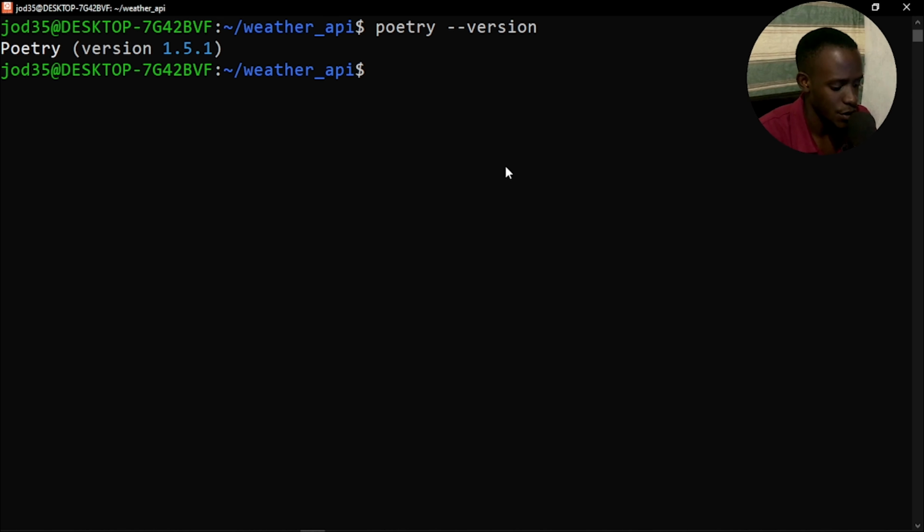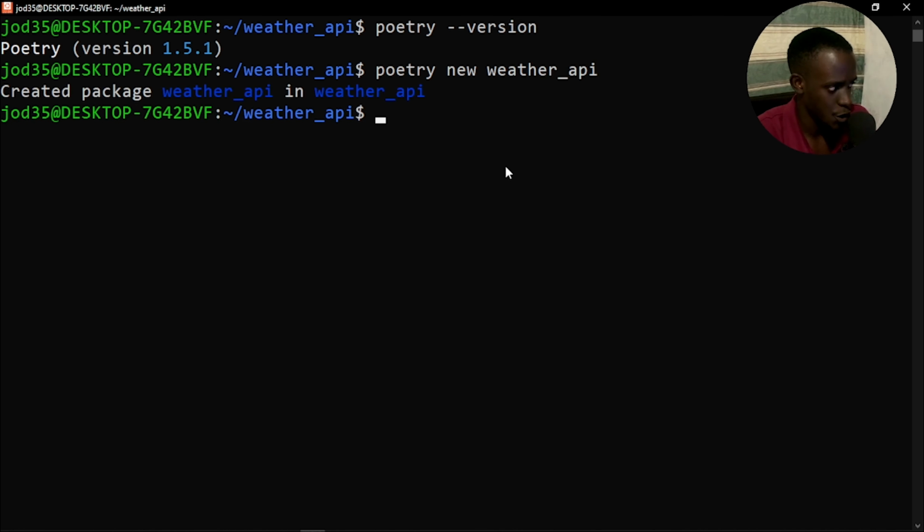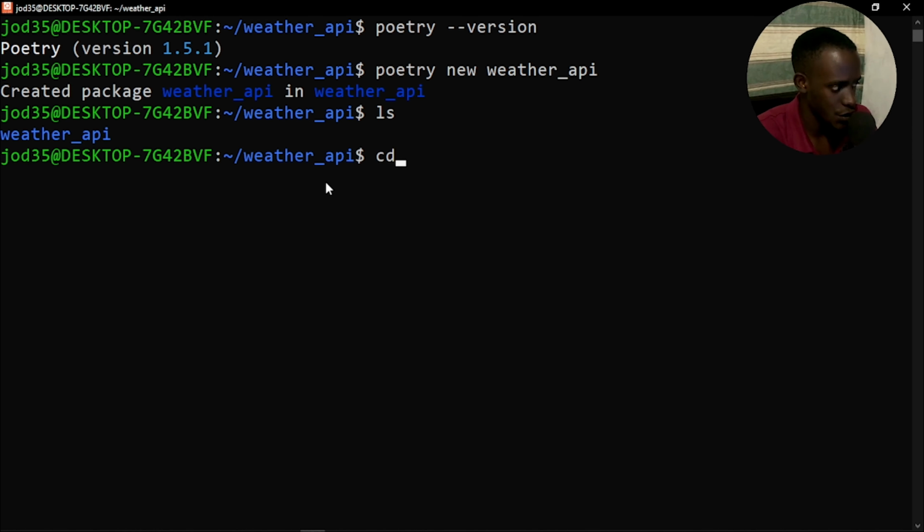So to do that, what I'll do is to go ahead and say Poetry. This is going to be poetry, and in this case we are going to say poetry new, and then we shall basically call this our weather API. So what this will do is to go ahead and create a package which is weather API in the weather API folder that we've created right here. So if we are to ls, we shall now see that we have this package or this folder called the weather API. Now what I'm going to do is to enter that folder. So I'll say cd weather API,